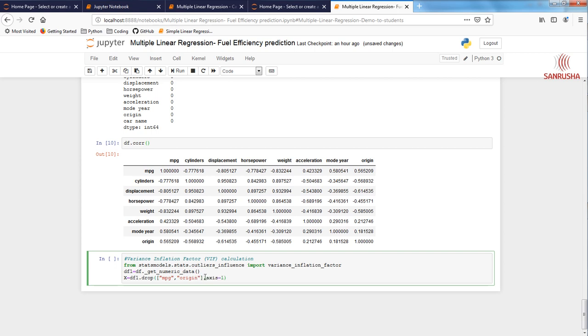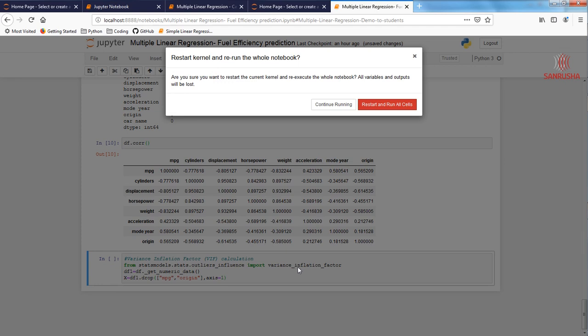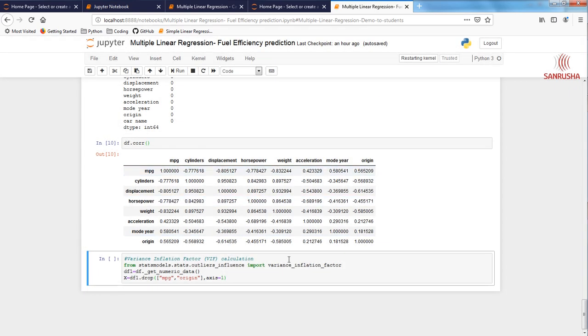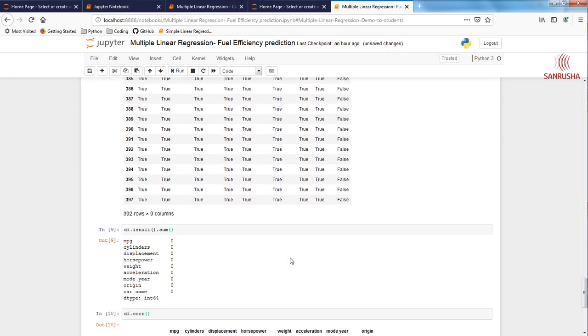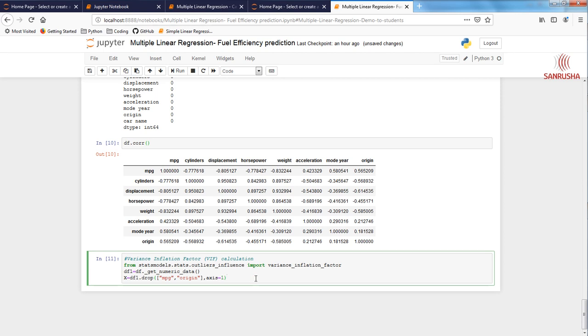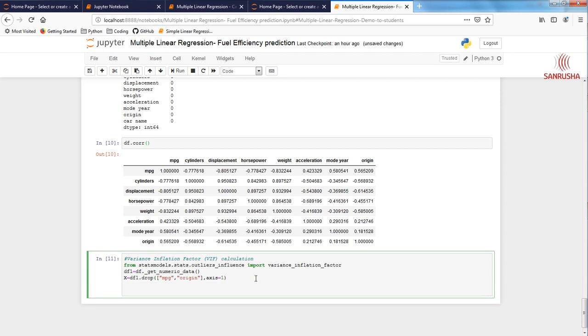This is just a very simple command to get rid of any attribute in your data frame. So far so good, but let's run it to make sure we imported the correct function and we got this right. We got it right.